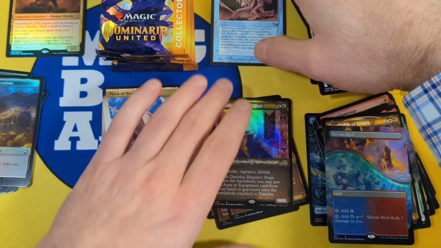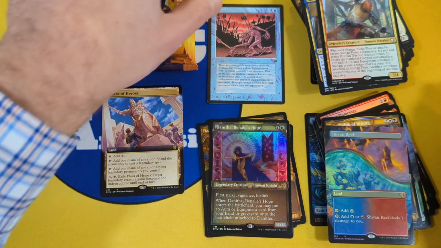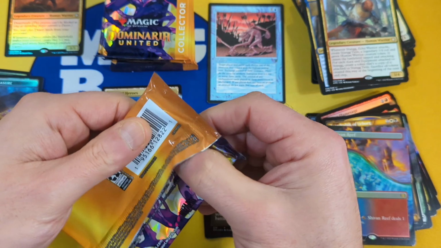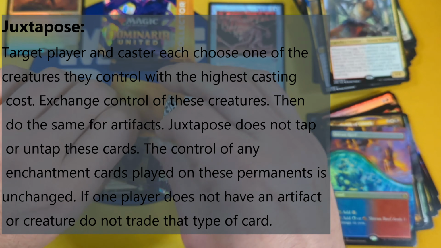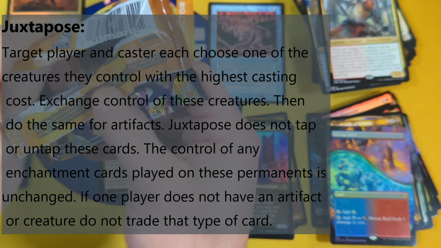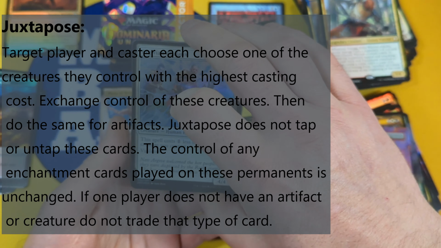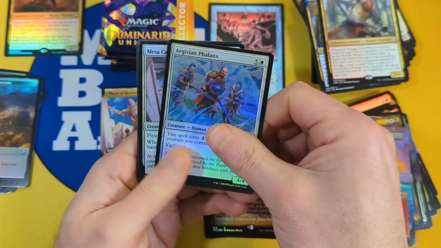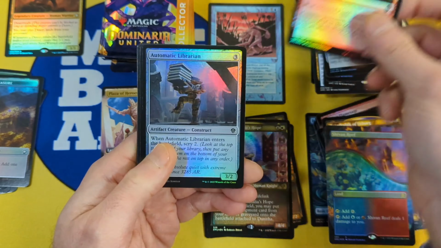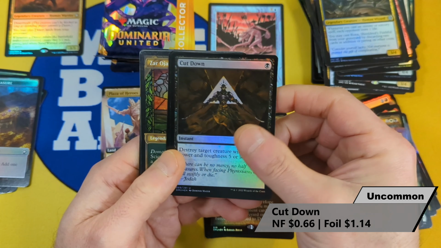So let me just slide that down a little bit so you all can see that. The card looks like it's in pretty darn good shape. A ton of text on that thing. But it's very nice to finally get a rare out of Legends, even if it's not, you know, one of the 6 big hits. All right, we got an Argivian Phalanx, Mesa Cavalier, Goblin Picker, Automatic Librarian, Rona, Cut Down,